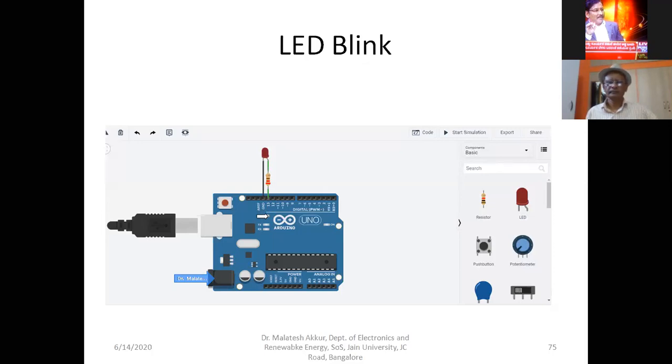Now I will show you one video on how to download the software on the laptop or the PC, how to connect the USB port, how to write and verify the program in the Arduino IDE, and how to compile. Compilation is nothing but verification itself, and how to select the boards and so on. I'll show you that in a video with respect to the real-time Arduino board.